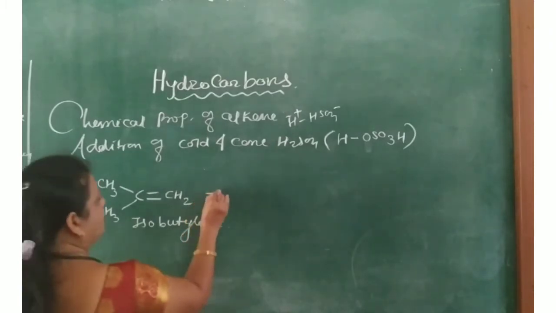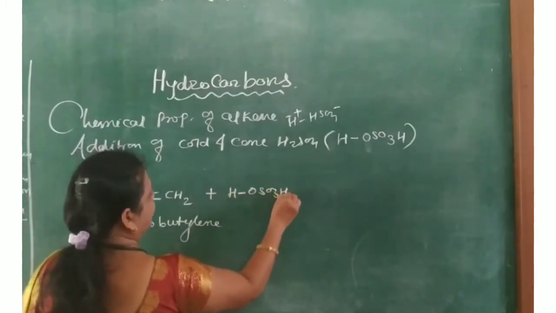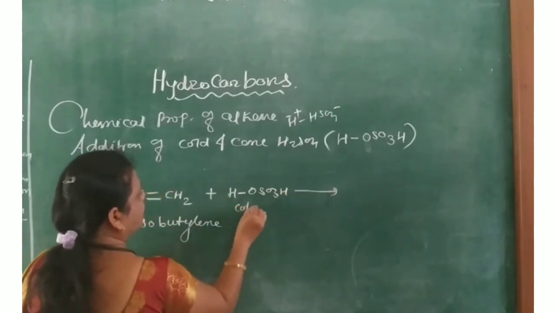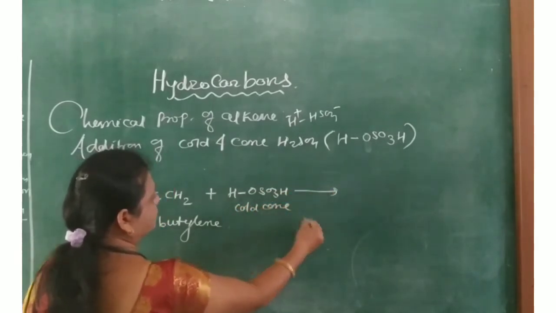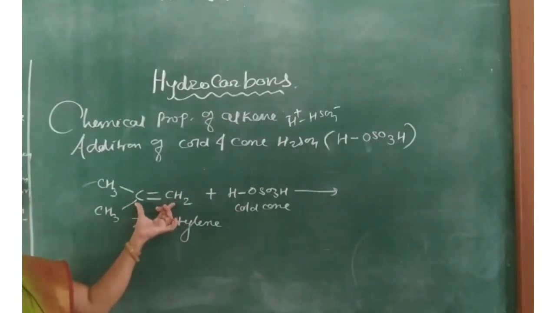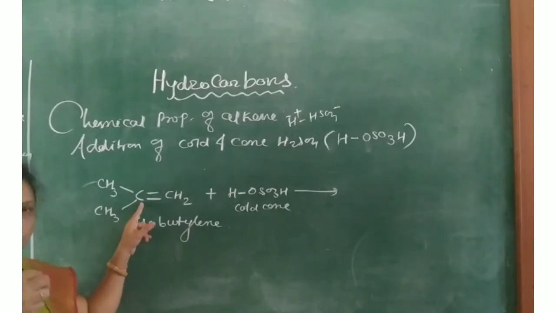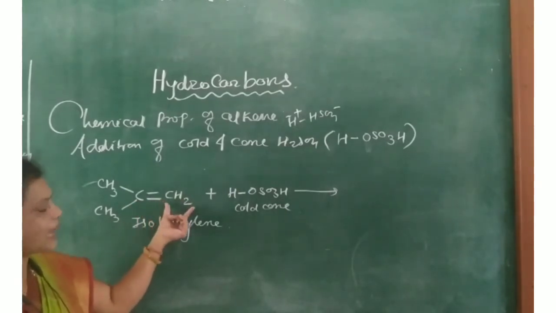Isobutylene plus here HOSO3H, cold and concentrated. Now here across the carbon-carbon double bond, this carbon contains no hydrogen atom, whereas this carbon contains